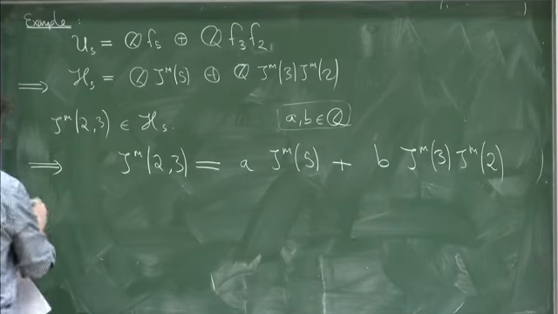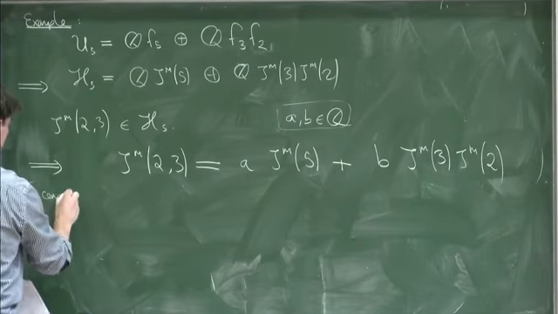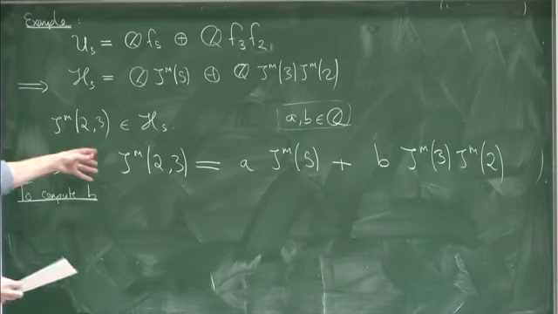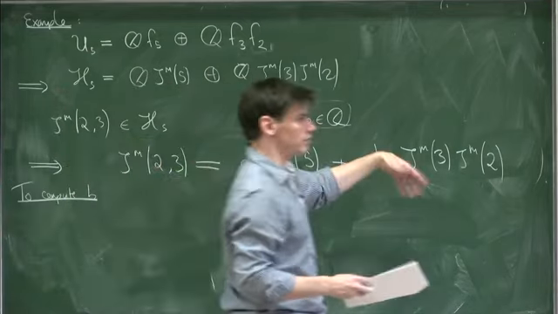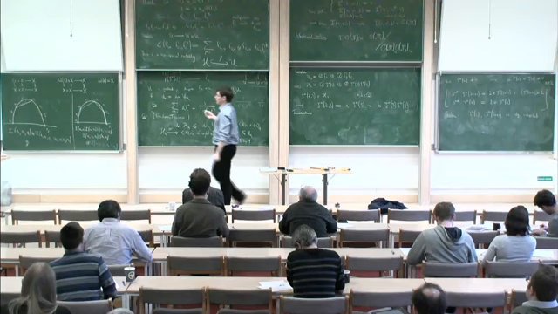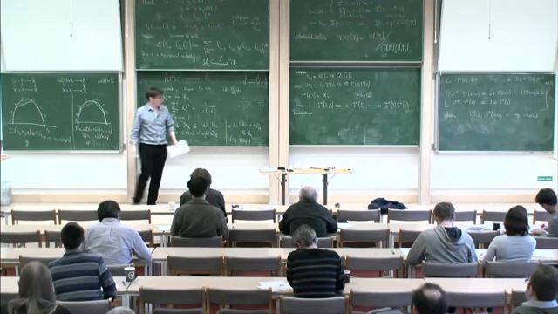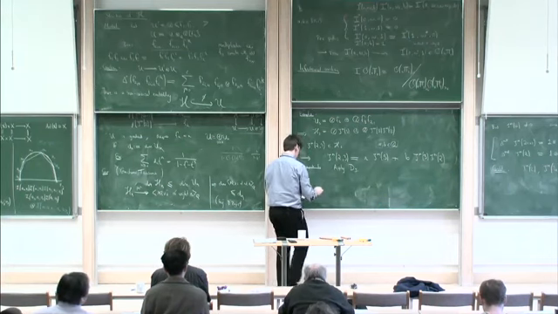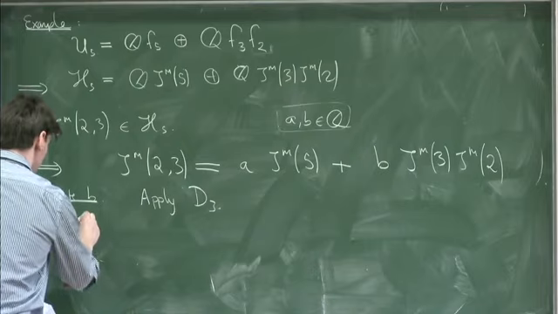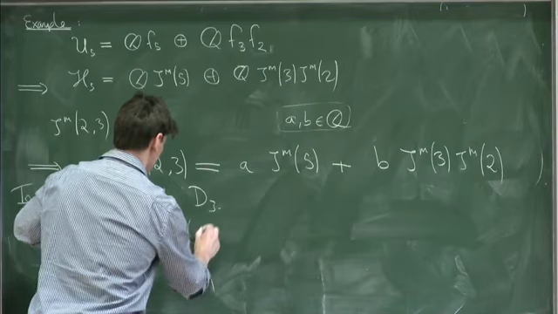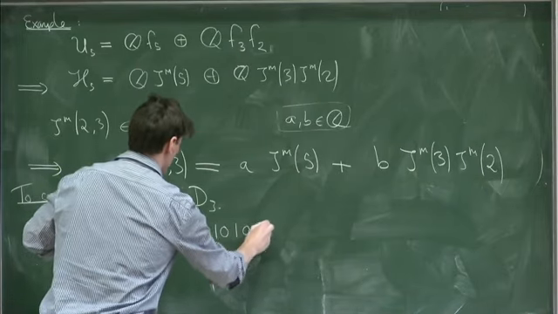Okay. So what can we do? We can compute. What we can do is apply an element of U de Rham, an element of the Galois group, or more concretely, something that factors through the action of some concrete decomposition calculation D. So what we can do is apply D3. And on the left-hand side, we want to compute I of, so this translates 1, 0, 1, 0, 0, 1.